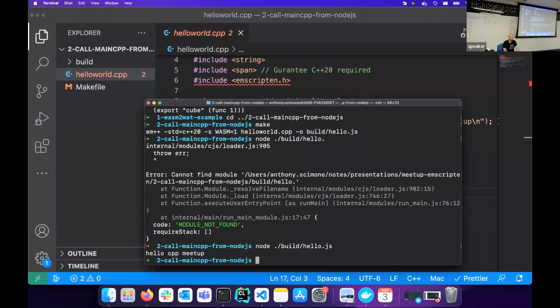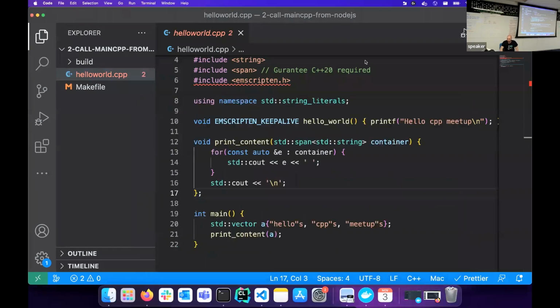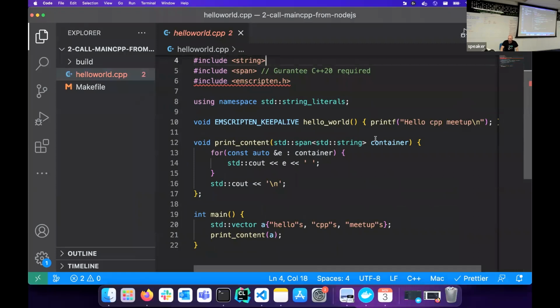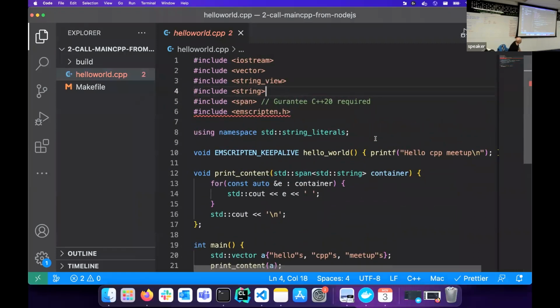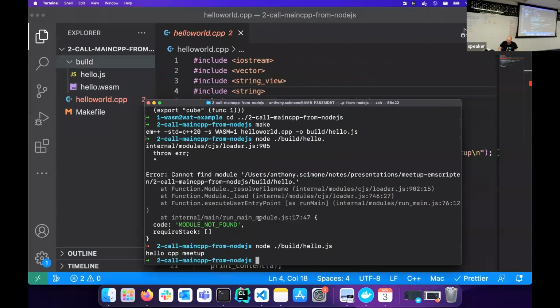What's happening here is that it's actually finding the main and saying to JavaScript, the main function needs to be run the minute you call this thing. Right? But I am also doing something else kind of interesting here, where I've got emscripten.h included, and I have this emscripten keep alive command on a different hello world function, right? And so if I do this same thing,